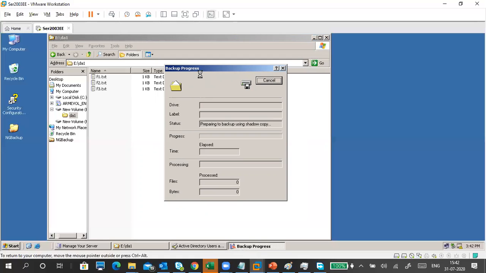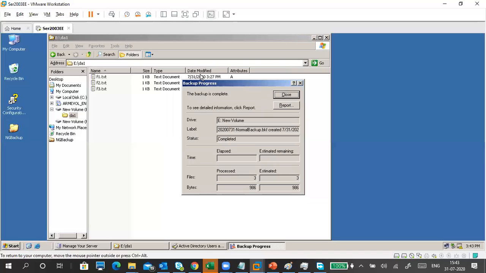We will finish this one today, and tomorrow, if you want a class, we'll see. This backup we can't do because it's 2003. If you want to do it, I can give you the 2003 image, no problem for me. But you should know how to do it. Yeah, it's completed, guys.